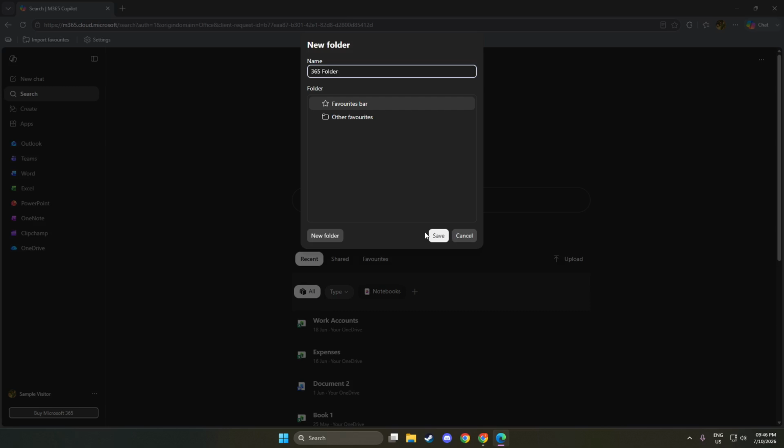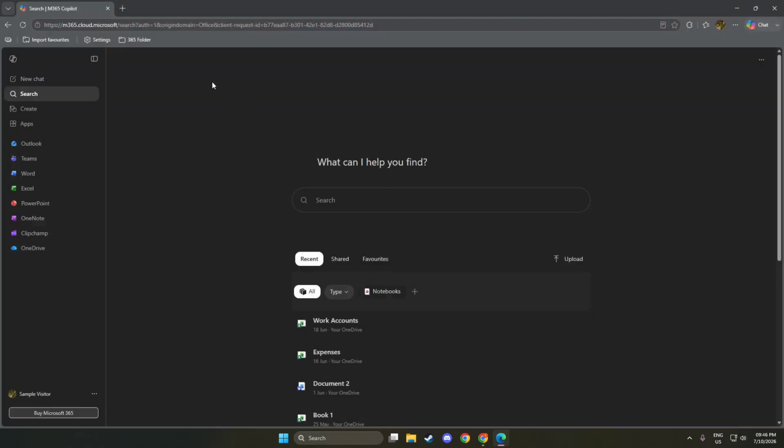With that ready, you can see how easy it is to manage your favorites in Microsoft Edge. Creating folders helps you maintain a clean and efficient browsing experience. Remember, organization is key in digital spaces. It not only saves you time but also reduces frustration when searching for your favorite sites. Now that you know how to add a folder and save bookmarks, you can customize your favorites bar to fit your needs. This will enhance your browsing experience and keep your